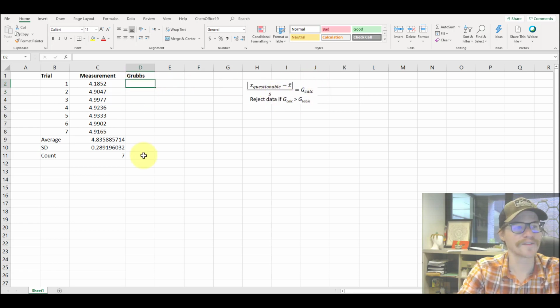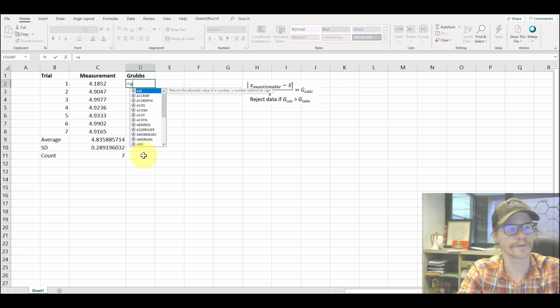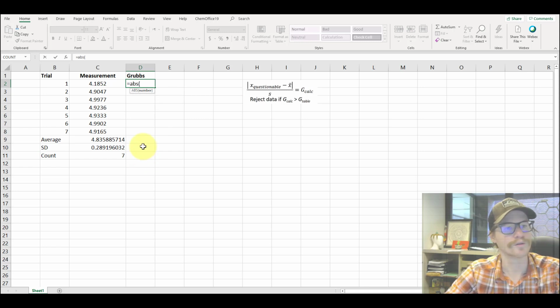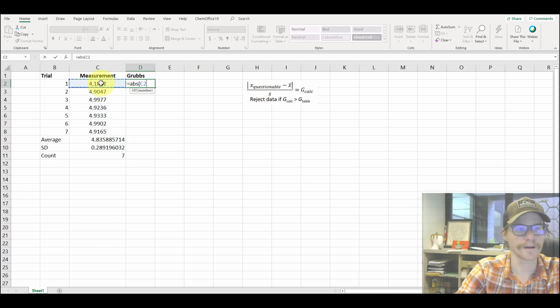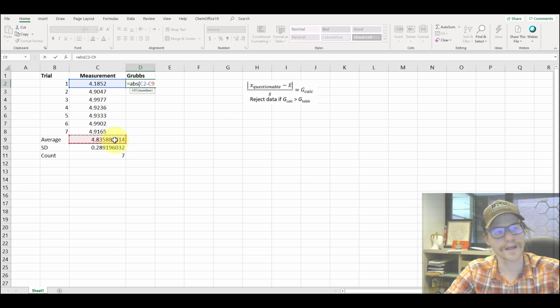So to compute the Grubbs value, that's going to be equals, and then notice it's an absolute value sign, so I'm going to type ABS, that's absolute value, and I'm going to put a parenthesis here for x value, which is this one, and then I'm going to subtract from that x bar, which is our average. I'm going to click there, and I don't want this value, the average, to change as I drag this formula down, and so what I need to do is put dollar signs